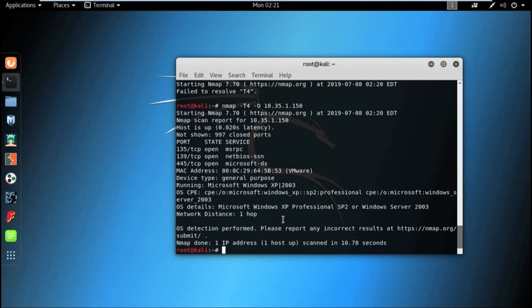Now, we also perform the vulnerability scan. For vulnerability scanning we use the tool Nessus, but currently we are using an Nmap script to find the vulnerabilities.